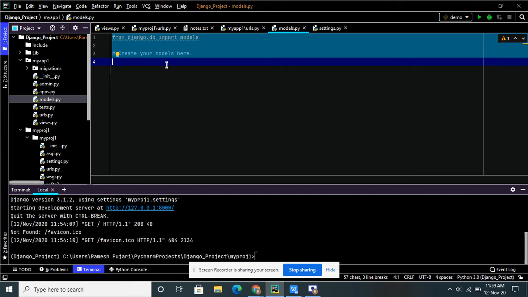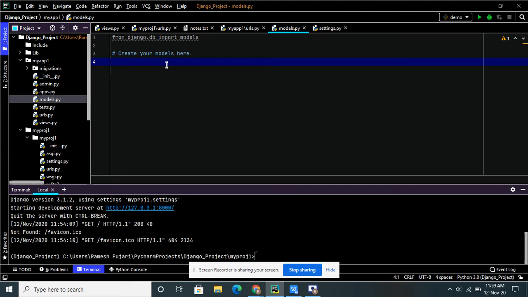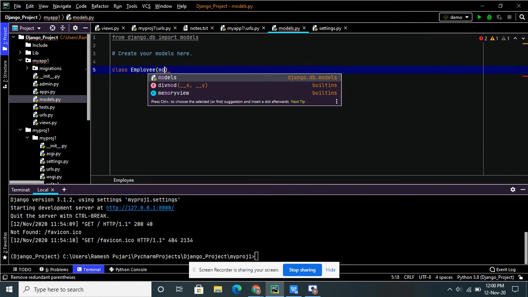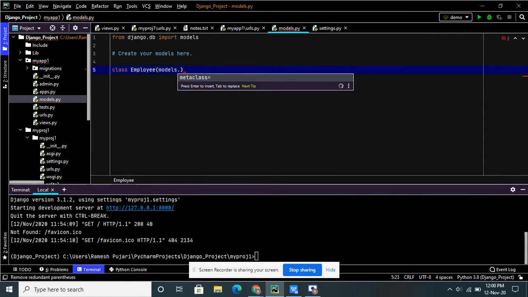Now I will take one example. I will create one model for the employee, and I will take some fields like first name and last name. I will demonstrate these two fields, showing how to create the model. To create a model, as I already said, similar to a class, we define it with the class keyword. So take class and define the class name. This is my model name, I am taking Employee. We have to inherit the properties, so this is models.Model.